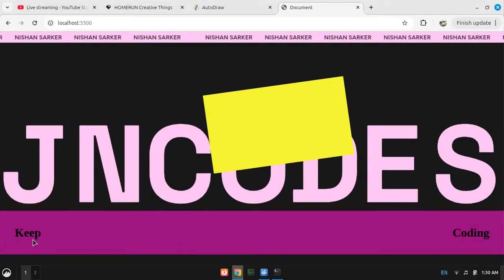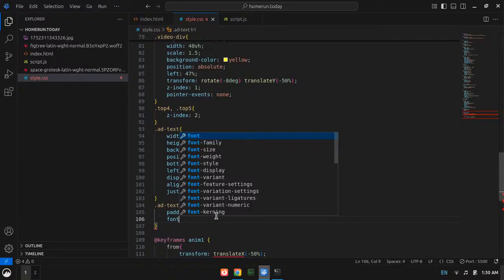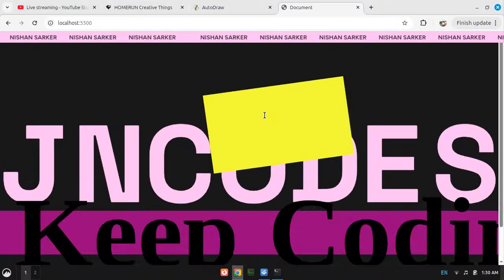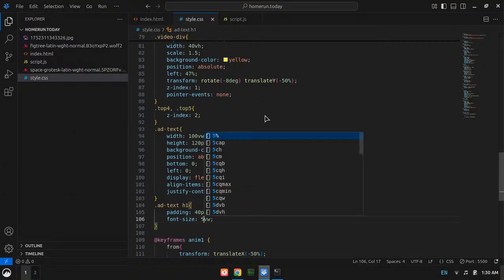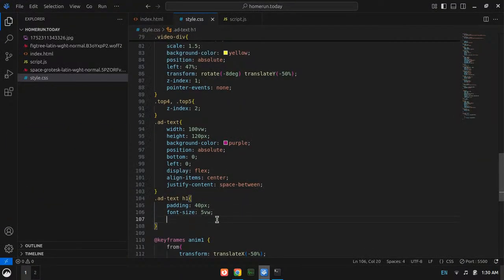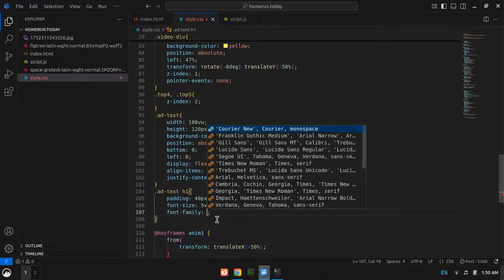Okay, that gets it. Then font size to VW, 20 VW. That's too much. 5 VW. Yeah, that would be okay, I guess. And now font family, font family space.